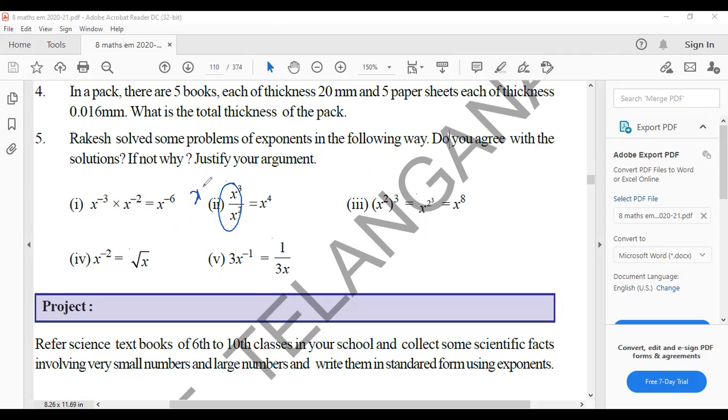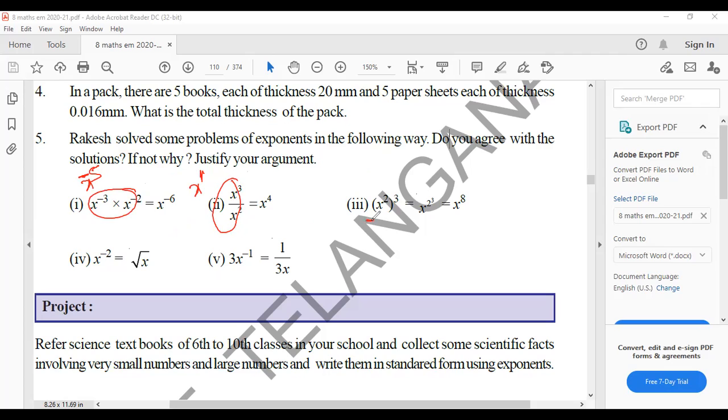No. The left side is x power 1, it will come as x power 4. This answer is also no. The first answer is no. Similarly, the second answer is also no. The options are wrong. The first answer is x power minus 5. The second, the left side, is x power 1. Clear? Next, this one.